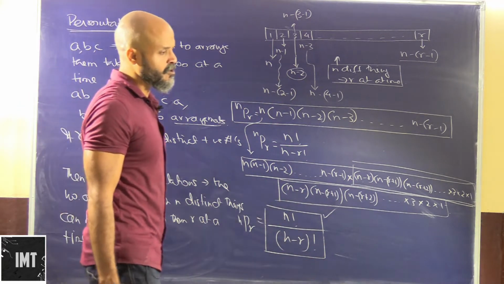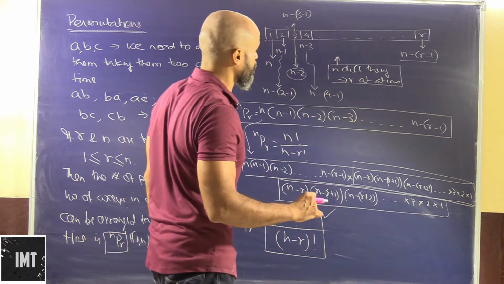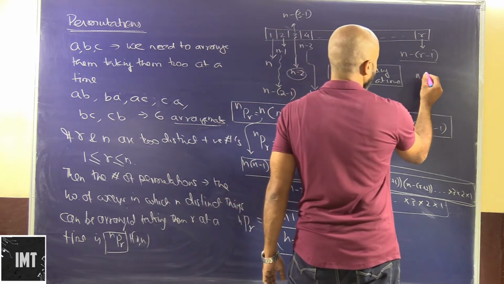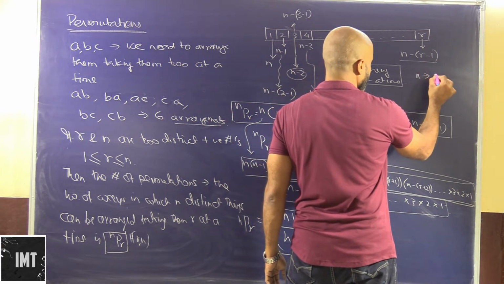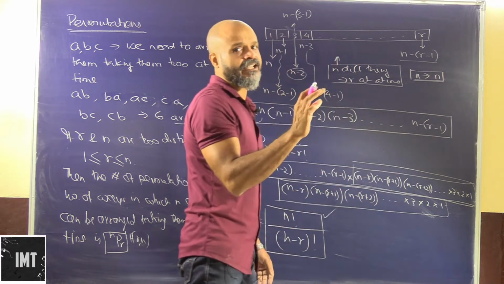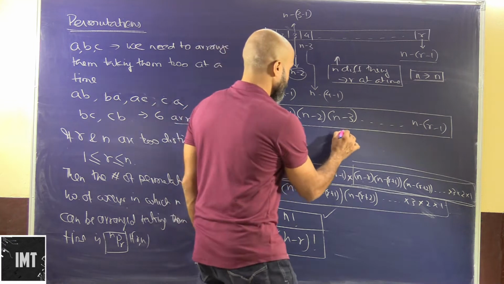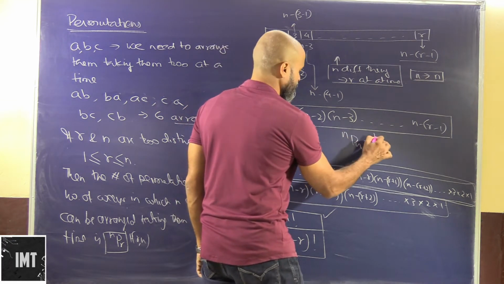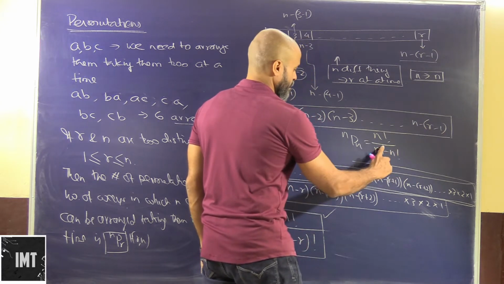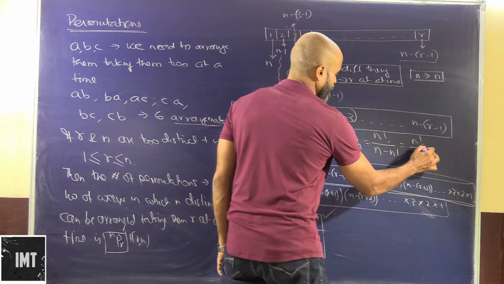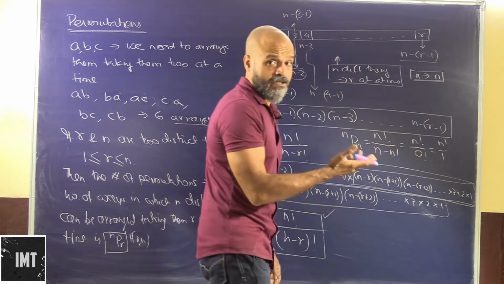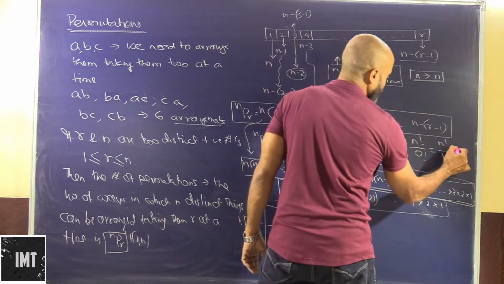Using this, we can also put it across in this way: the number of ways of arranging n things taken all n at a time. So this will be nPn, and that will be how much? Factorial n upon n minus n factorial. So n minus n factorial will be basically n factorial upon 0 factorial, and 0 factorial we know is 1. We will also prove that 0 factorial is 1. So nPn will be n factorial.